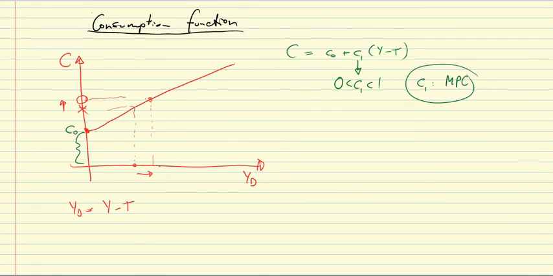We can look at the consumption function though in still a little more detail. Let me add a new page and write the consumption function down here once more. Y minus T. We can, for example, expand the expression and write C0 minus C1 T plus C1 Y. That then means